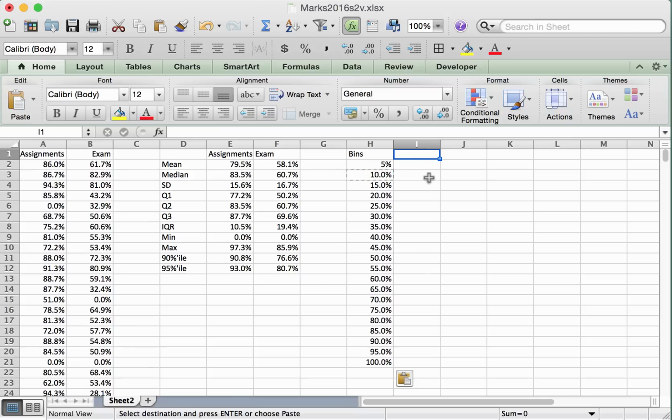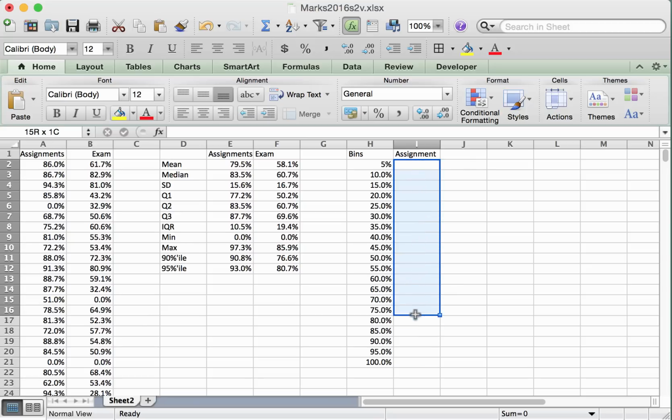Alright, that's easy. Now, the assignment marks, what we want to do is to construct a frequency distribution, in fact, to count the number of assignment marks that fall within each of these bins. Now, Excel gives us a frequency function, which does this job automatically, which makes things easy. So the way that it works is as follows. We'll select all of this range right here, and we'll type in